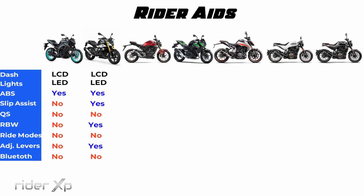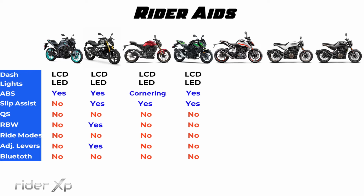The G310R gets ride-by-wire, adjustable brake and clutch levers, and an optional USB charger and heated grips. Honda and Kawasaki get the same rider aids, except the Honda's ABS is fancier. Duke 390 is the fanciest and uses the ride-by-wire to enable riding modes and an optional quick shifter for both